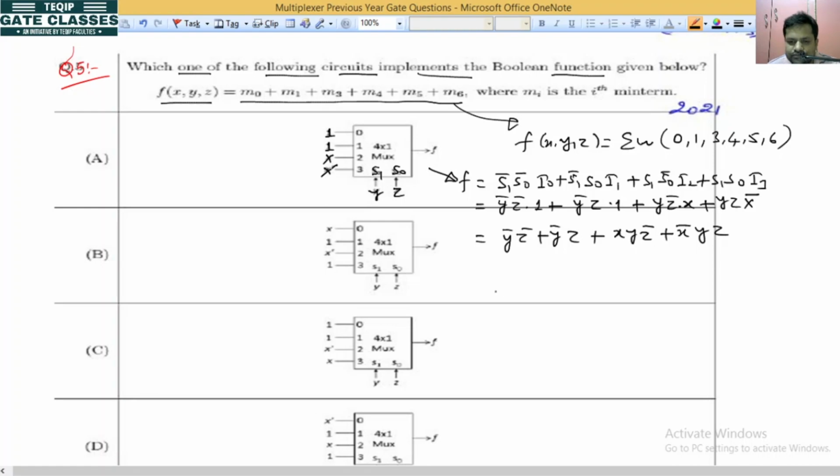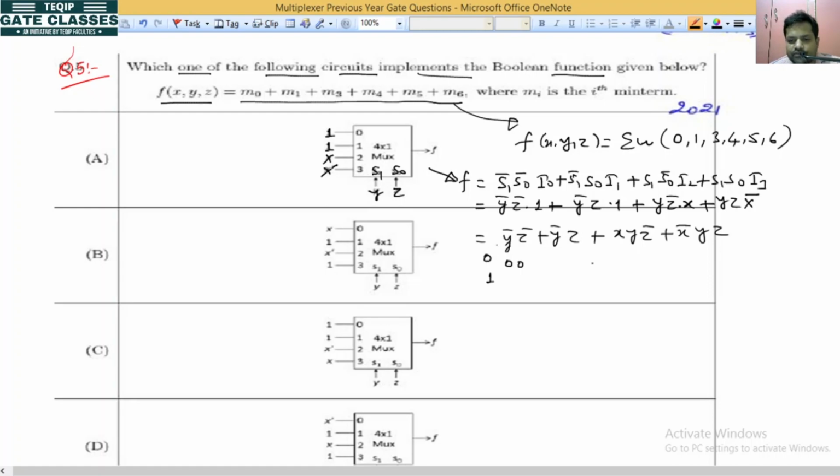Now I want to represent it in the form of min terms. So we know that how many variables are missing here? It is x. So you have to convert it in canonical form. I said you can also write this directly. You can write this as 0 0, and you put 0 here, 1 here, because we have only one variable missing. So it can be in complement form or it can be in normal form.